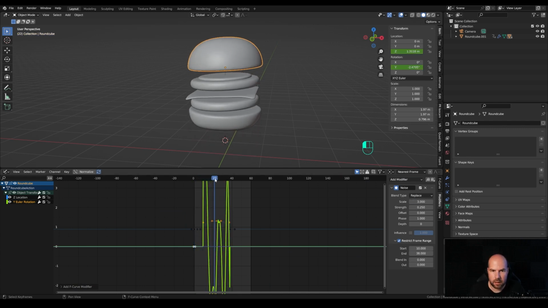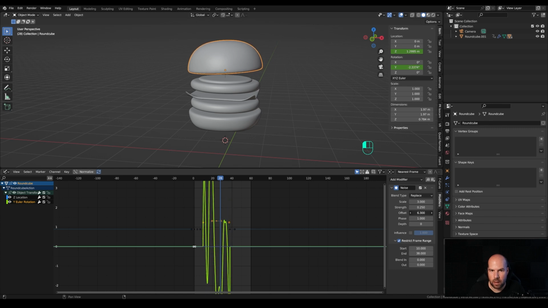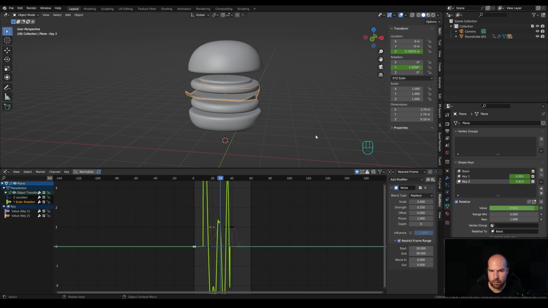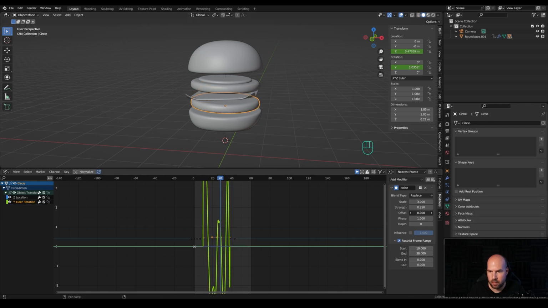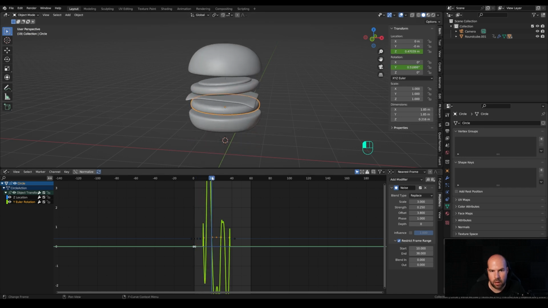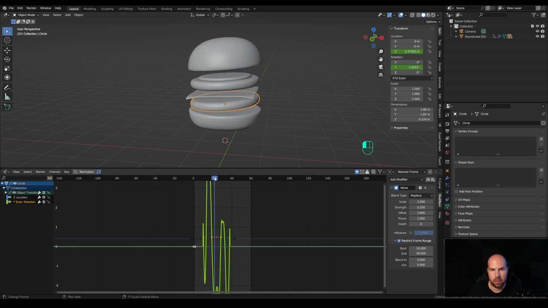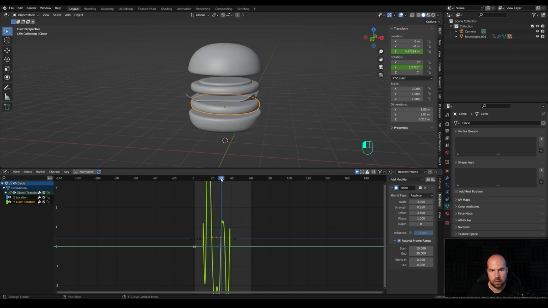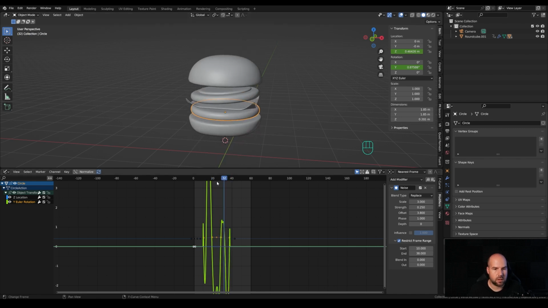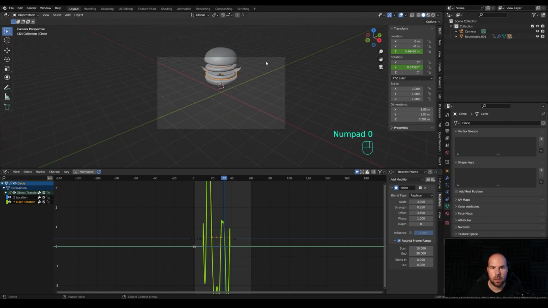Now, as you can see, the noise will be same, so they're doing the same motion, but you can easily modify that by moving the offset a little bit. So you can kind of modify this a little bit with the offset so it's not all the same. So now it will look much more natural like this. So these are the secondary and tertiary motions,